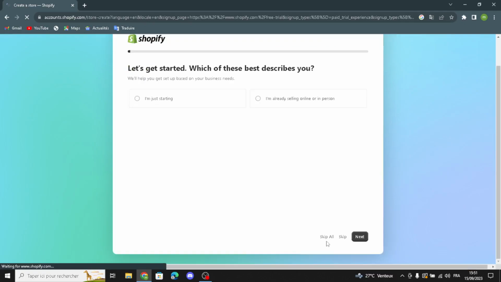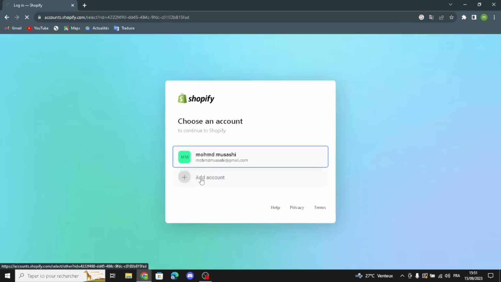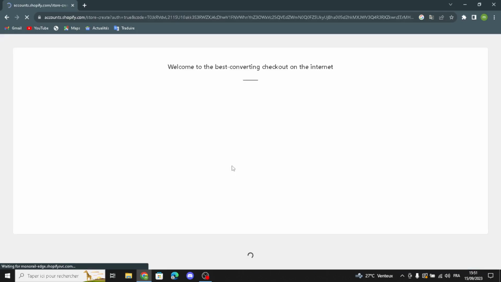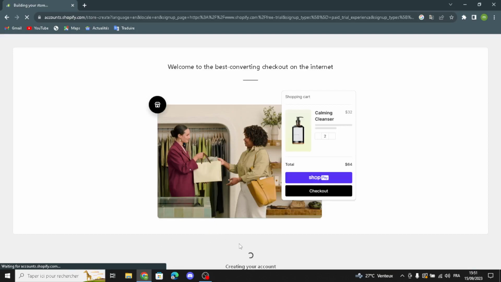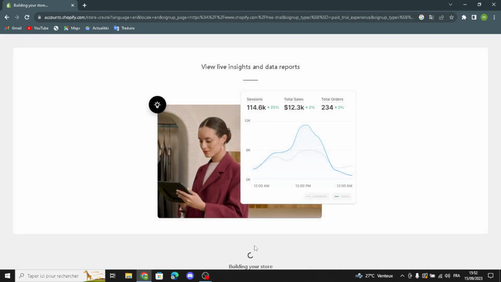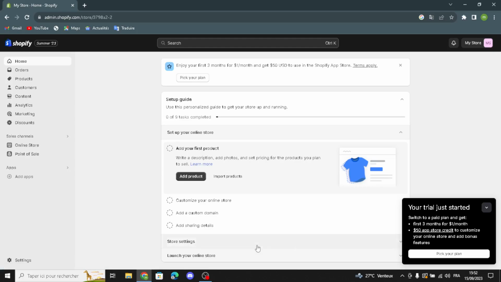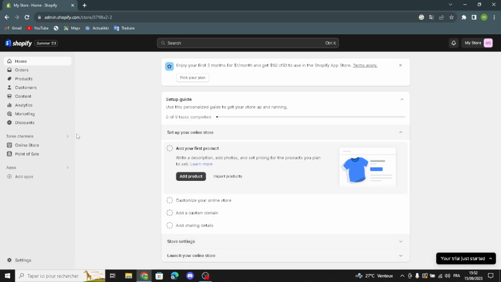Now you can skip all this if you want. So I'm gonna skip this and let's continue. After you choose an account and log in, wait a few seconds for the store to be created. So the first thing you have to do now, go to the online store here